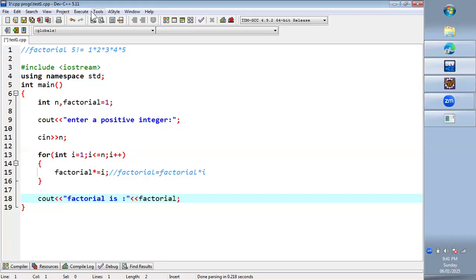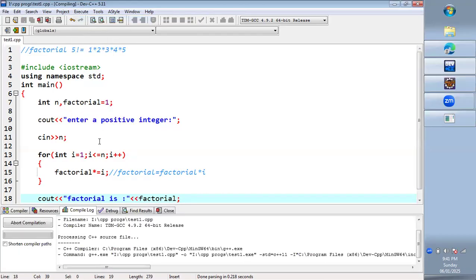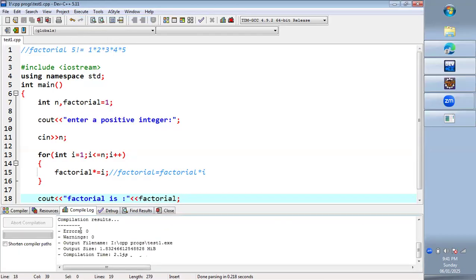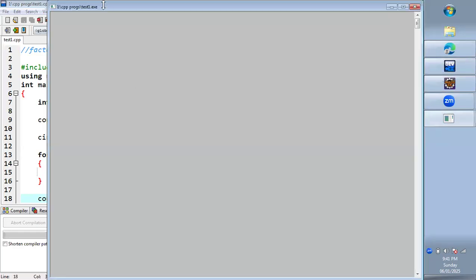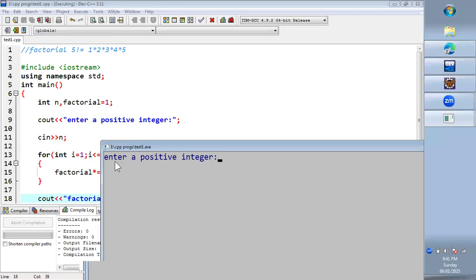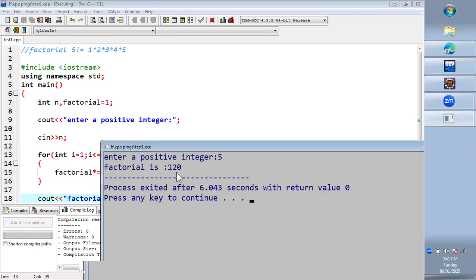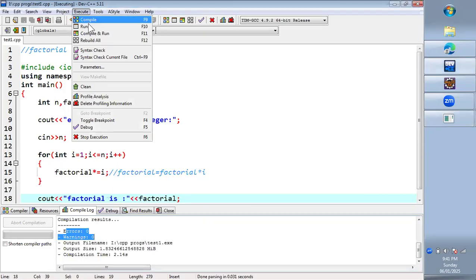So now let's first compile the program to check for any errors. There are no errors or warnings. And when I run the program, I will be given a message to enter a positive integer. So if I give 5, I will be getting 120 as the factorial. So if I execute again,